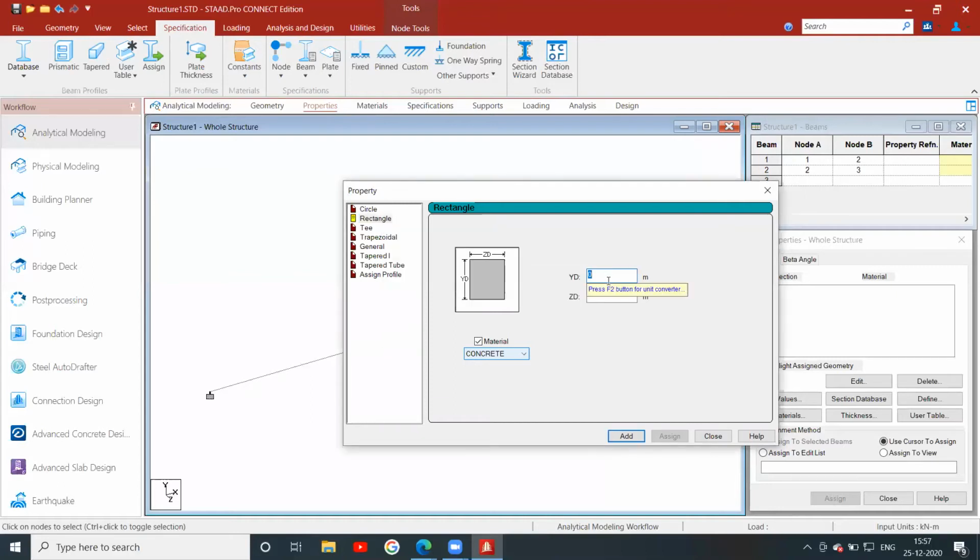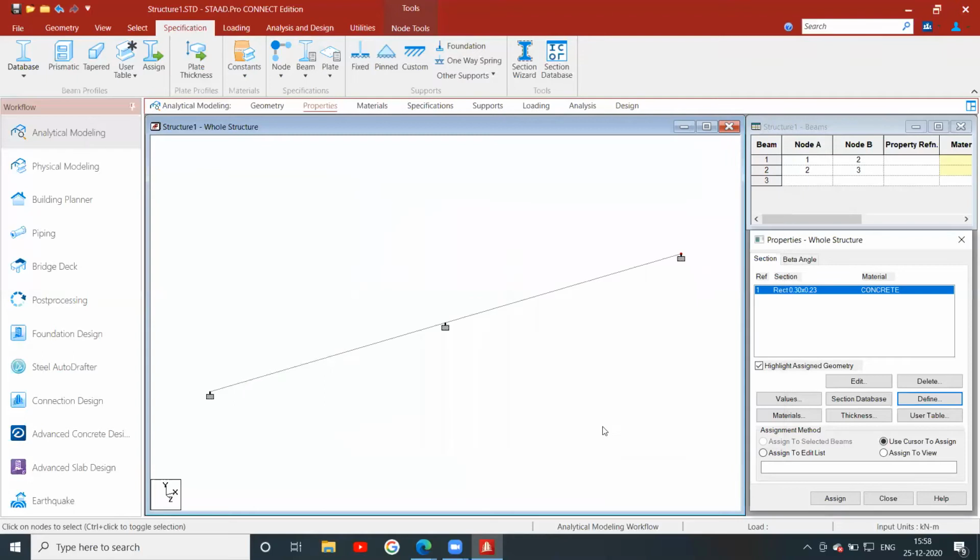So YD you take it as 0.3 and ZD 0.23 meters, which is 9 inches. This is 1 feet. So you add it. You have added it.